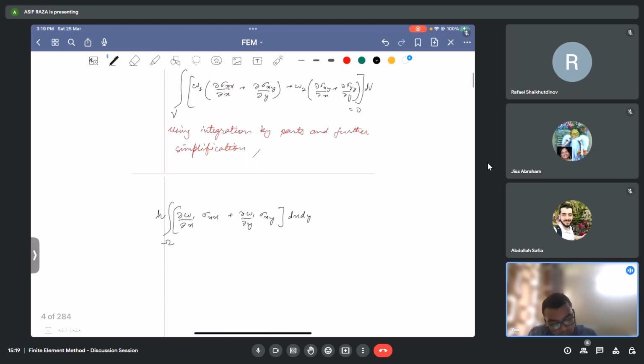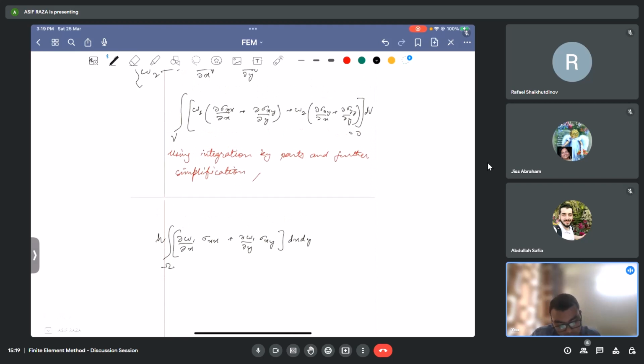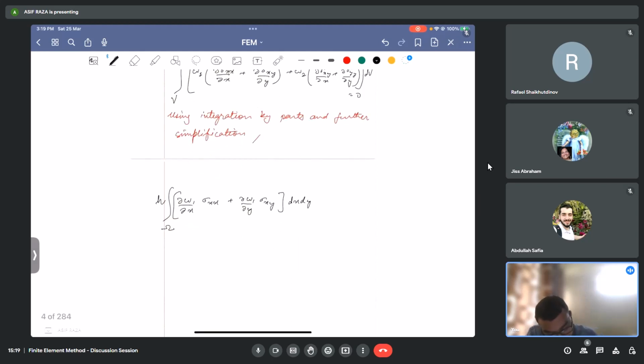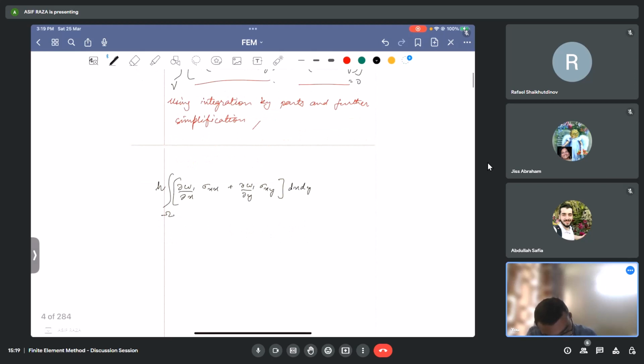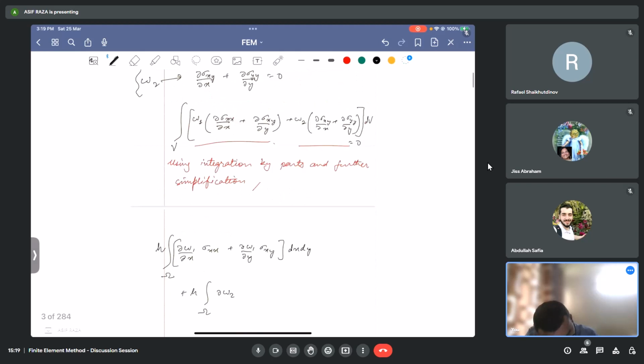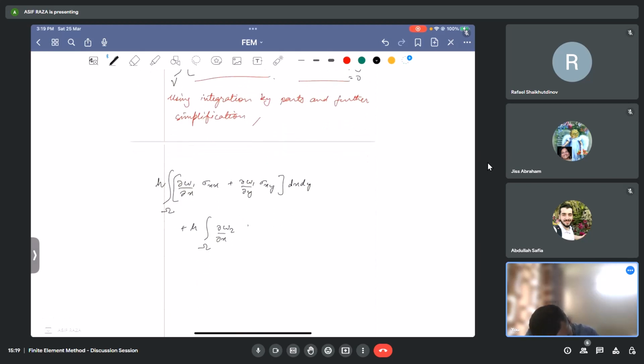So the volumetric integral, using integration by parts, will convert into an area integral. Okay, so this is with this part. Now regarding this part, it will be plus h del w2 by del x sigma xy, del w2 by del y sigma yy, dx dy, and these are all, if you observe,